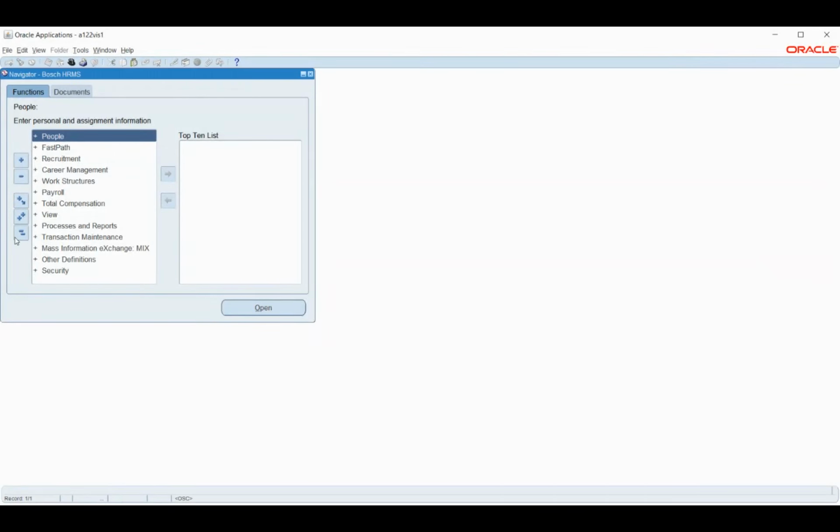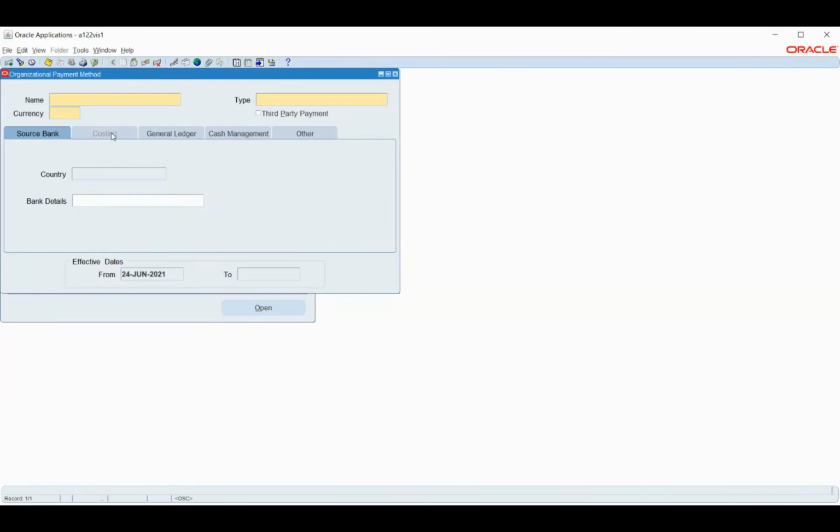So basically, to add bank details, we have the option of adding under payment method. The navigation is that under payroll we have payment method, and we have given the security rule. If I press Control F11, I will see only the payment methods that I created. Payment method is nothing but the mode of payment that I'm paying to the employee.